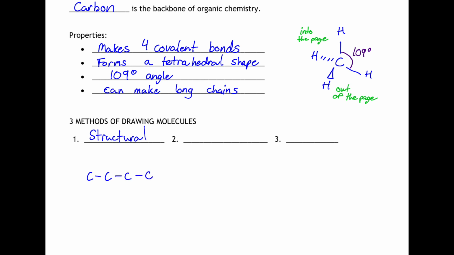And so I'm going to stick 4 carbons beside each other, and each one has to have 4 bonds. On each of the carbons, there are 4 things sticking out of the carbon. And so it looks like this, and on each of them, there's a hydrogen. So many hydrogens. So that is the structural